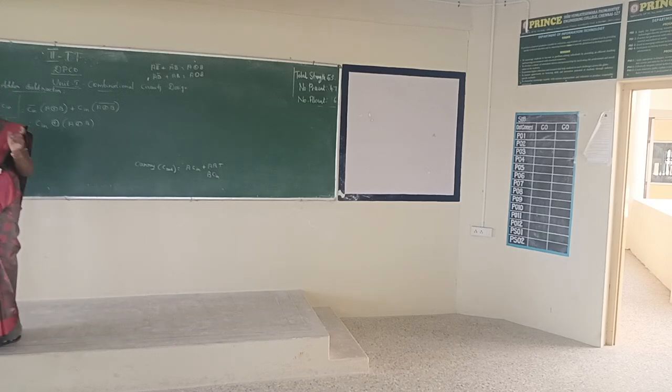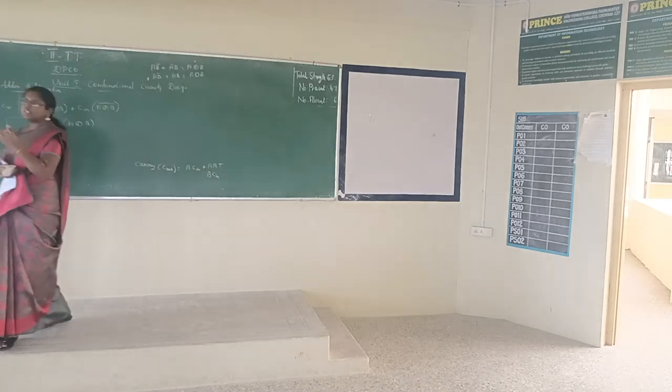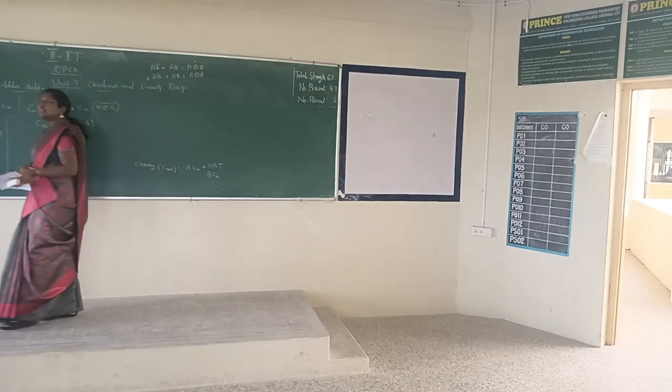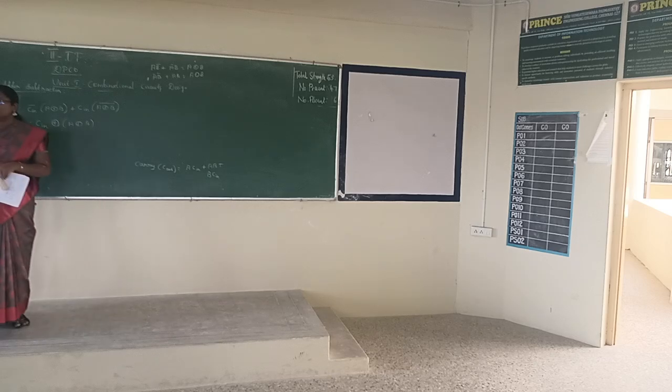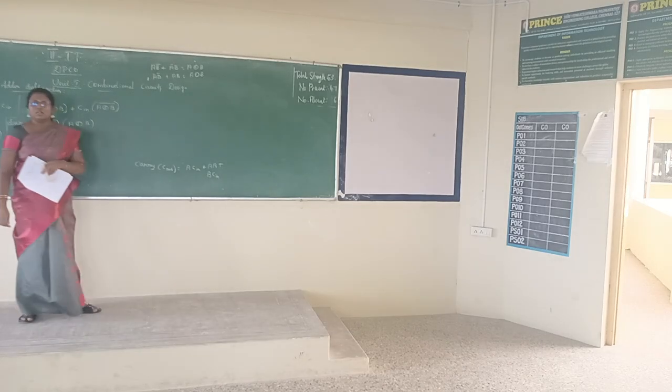For this you can use a single 3-input XOR gate. So instead of using multiple gates, you can use a single XOR gate. What's the next step? You know the expression for sum, and you know the expression for carry. So first we are going to draw the circuit for sum. What's the expression for sum? C in XOR A XOR B.